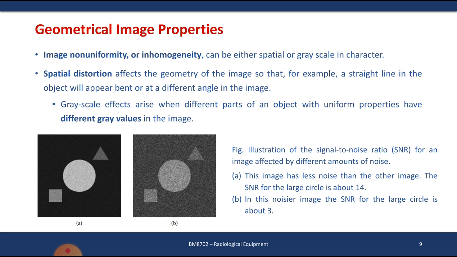So you can see the gray level values are totally different in figure B, because in figure A you have just a black background, which means that the pixel values will be 0. But when you look at figure B, you can see there is a texture pattern there. So in that it will have different gray level values, which causes changes in your image resolution. So that is very important when you are taking an MRI image.